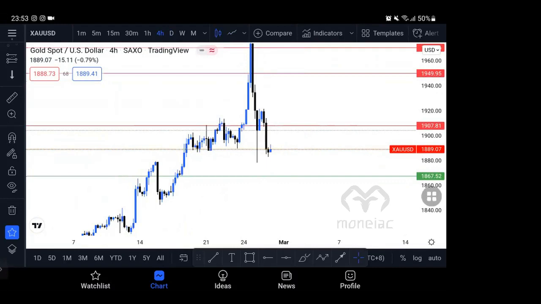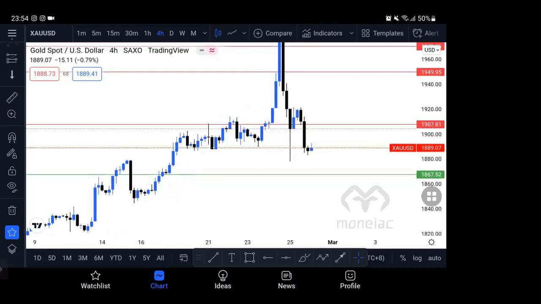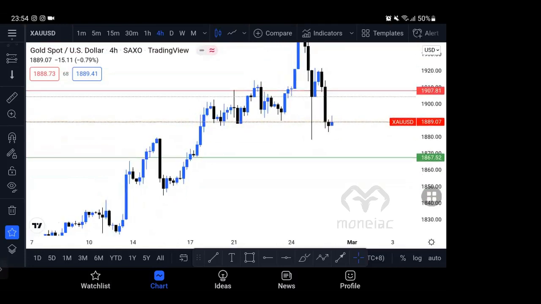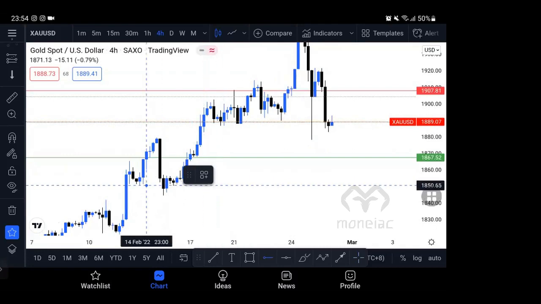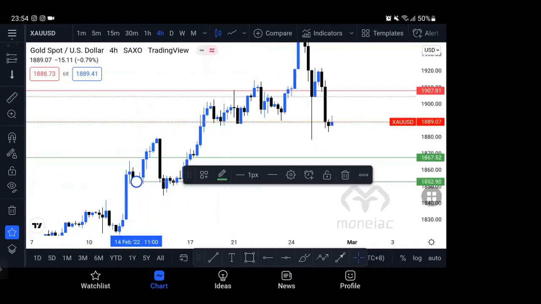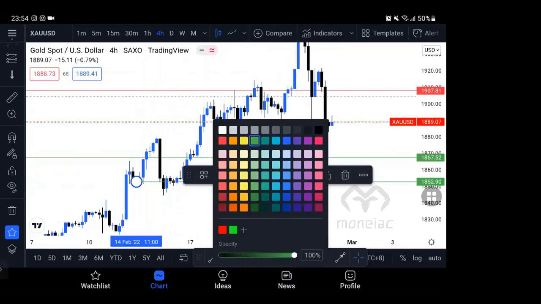So after the daily is breakout, we're gonna find our setup back at H4. But what the market gave, it did break the H4